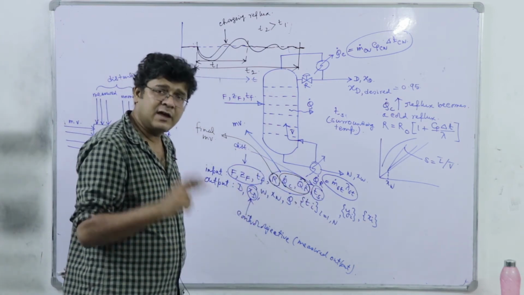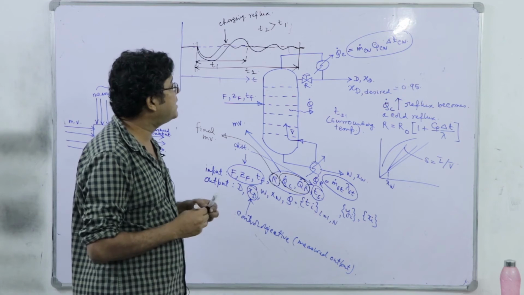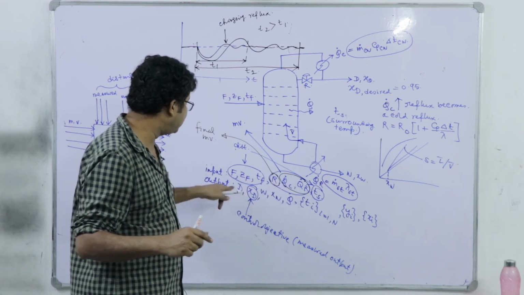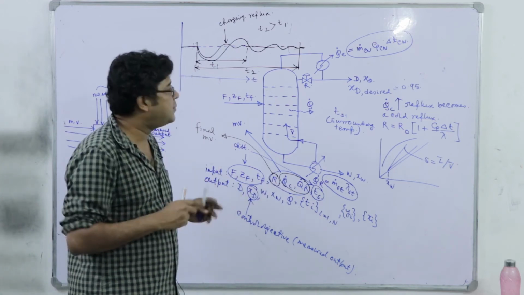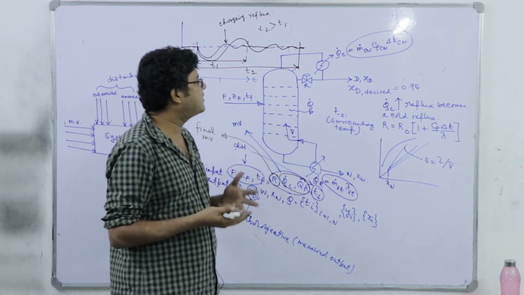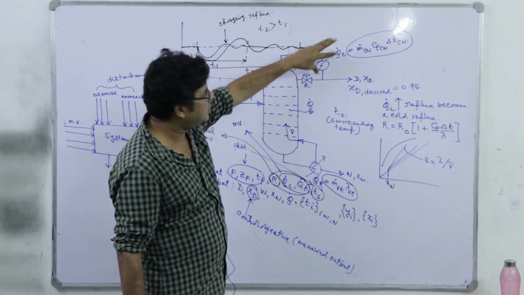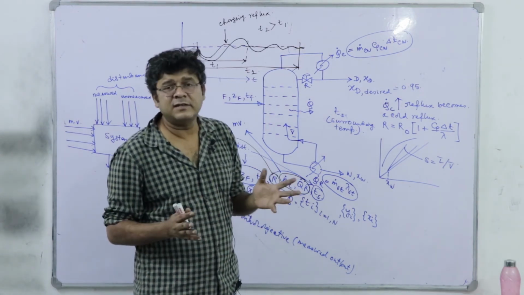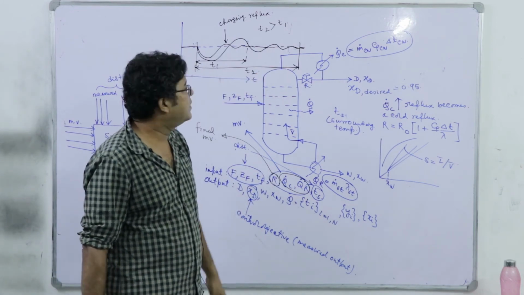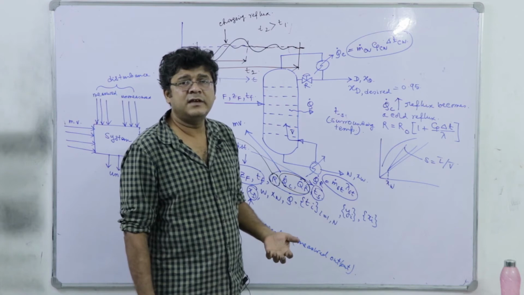effectively controlled, and we should maintain them at their design values. Otherwise, if I am unable to maintain Q̇C and Q̇R at their design values, these will be acting as a potent disturbance, right. They will switch to disturbance because everything is running fine, F, ZF, TF all are at design value. Now because of certain malfunctioning, and we have overlooked that, say in the feed water pump to the condenser, there is a voltage fluctuation, or it is malfunctioning, right, or the temperature of the cooling water has increased. So because of everything, this Q̇C is going to decrease, right,